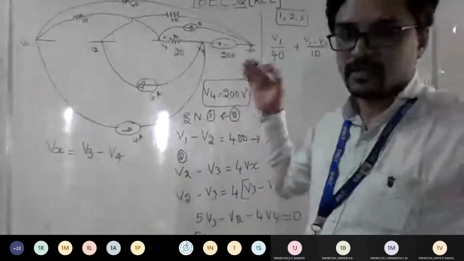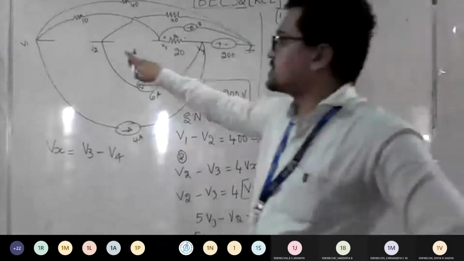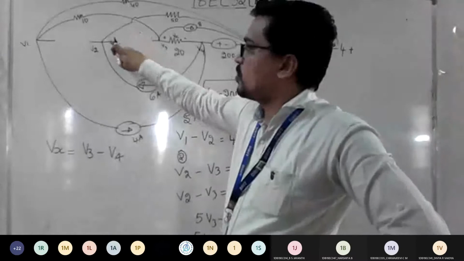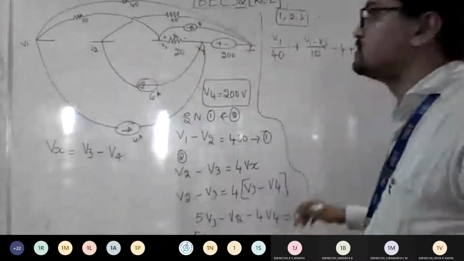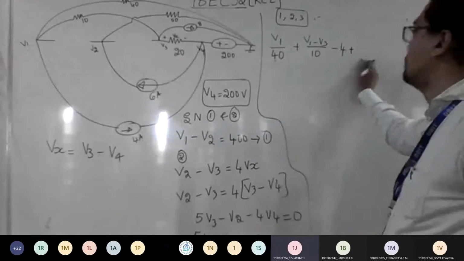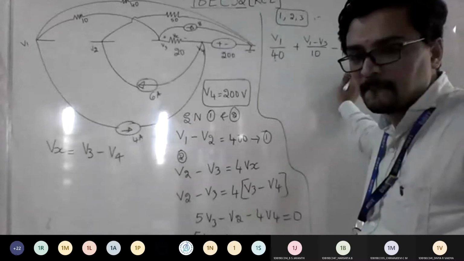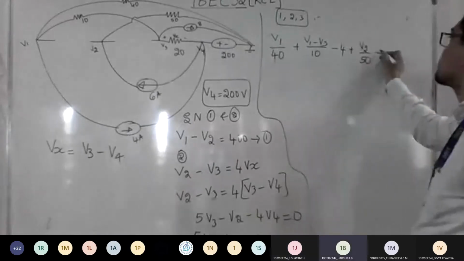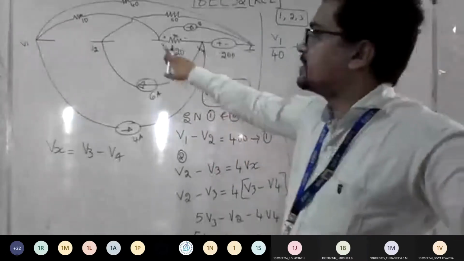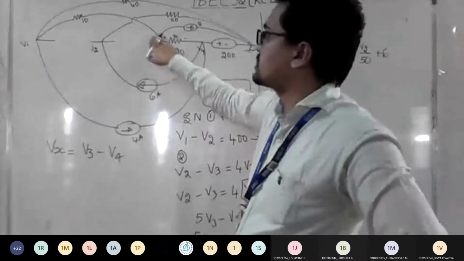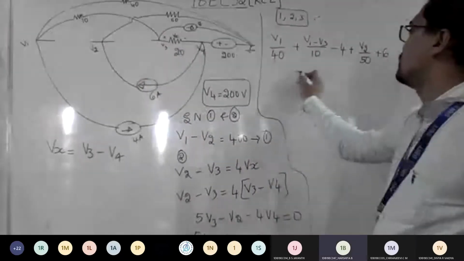So now the second part. Just write plus, I'm adding the first with the second. So look at the second. You have 2 branches. One branch is between V2 and ground, and one more having current. Tell me the equation now. V2 divided by 50. Current is entering now. What should I write? Plus 6, sir. Good. So I have finished V1, V2. Then the last left out is V3. How many branches do you have? You have this, this and this. Means V3 minus V1 by 10. Second row.